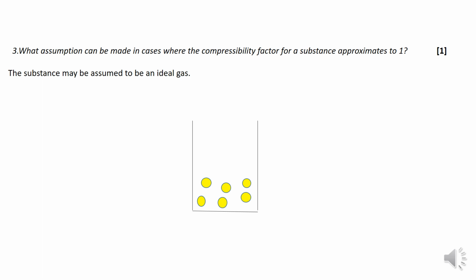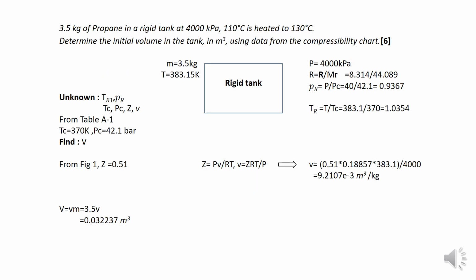Using the prior statement, we can assume that when the substance has Z equals 1, the substance is an ideal gas. The ideal gas assumption is illustrated in the diagram shown as a piston cylinder assembly. The gas is compressible. We will now take a look at the following example to illustrate how to use the